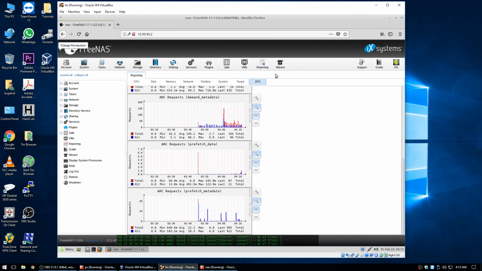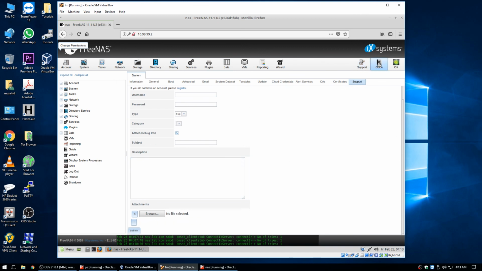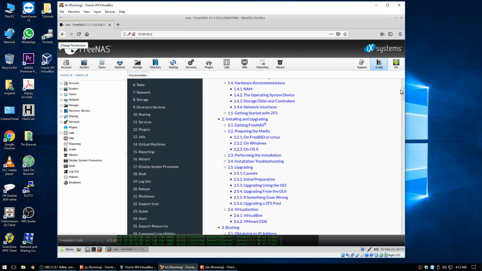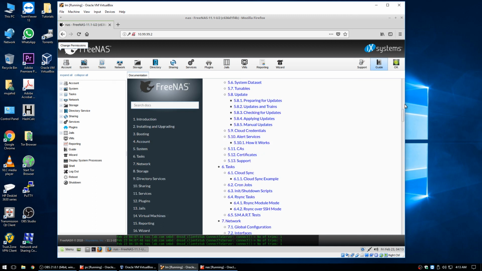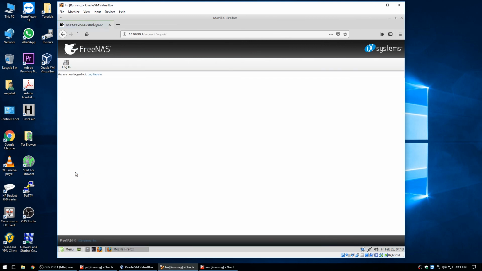And you can run the wizard again if you want, if you click on here. And this will take you to support if you want to file some bug reports or things of that nature. And guide, this is the user guide for the documentation for using this FreeNAS server. Okay, and then I'm gonna log out, close the browser,